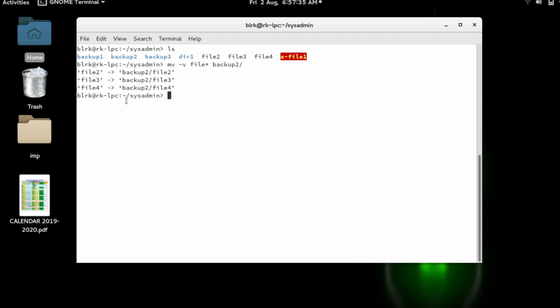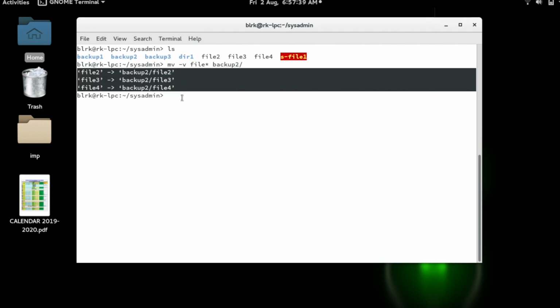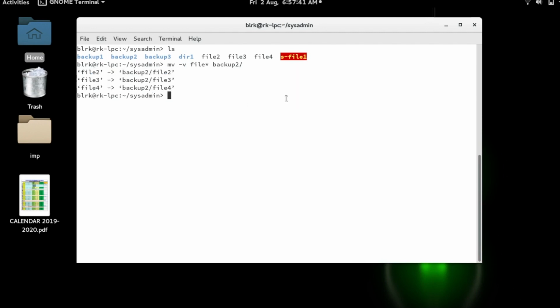So -v is a beautiful option that prints whatever is happening, so which file is copied and where it is copied, and all those logs it would print. That's a beautiful option. Now we have another option -u, which is for update if the source file is newer than the destination. Okay, now what I am going to do, I don't have any files here. I just copy one file from dir1 file 1 to my